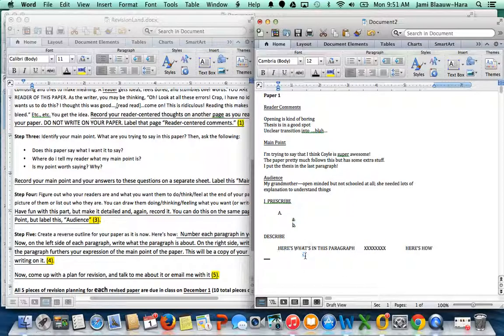So on the right side we have here's how this fits in. On the left side you're simply describing the paragraph. What I would do is I'd go through every paragraph and I'd look at it and I'd go, okay, here's what's in it. Here's what's in this. Here's what's in that. And then I would talk about how it fits in. How you're going to write this, it's going to be more interesting, okay? So reverse